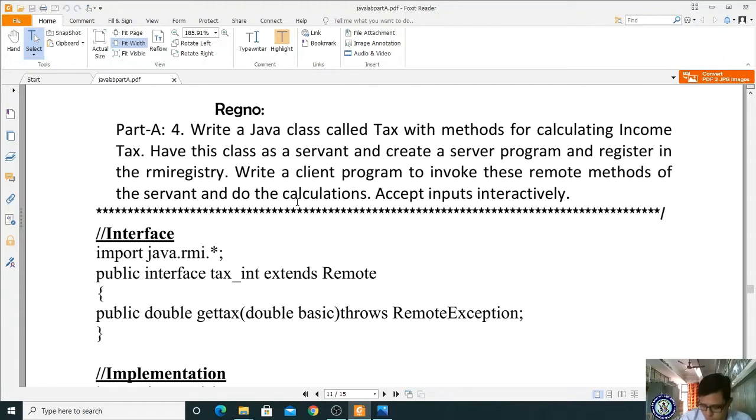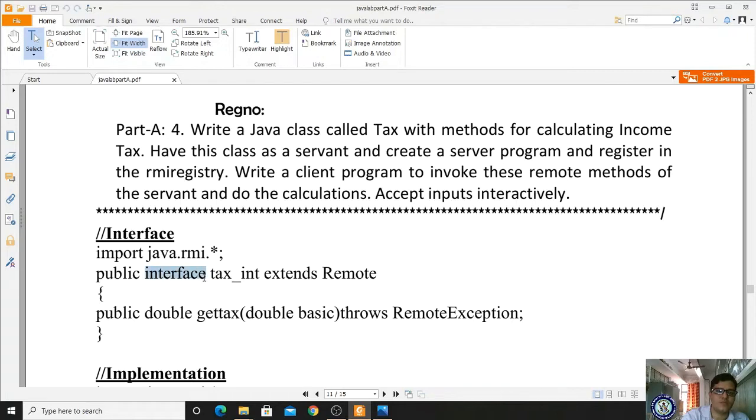So till now you have learned in the last program, every RMI program consists of 4 parts. First one is the interface part, second one is the implementation part, third one is the server part, and fourth one is the client file. Right, let us come here. First we are writing the interface program. For this we have to import this package. Import java.rmi.* is required. Now I am writing the interface.